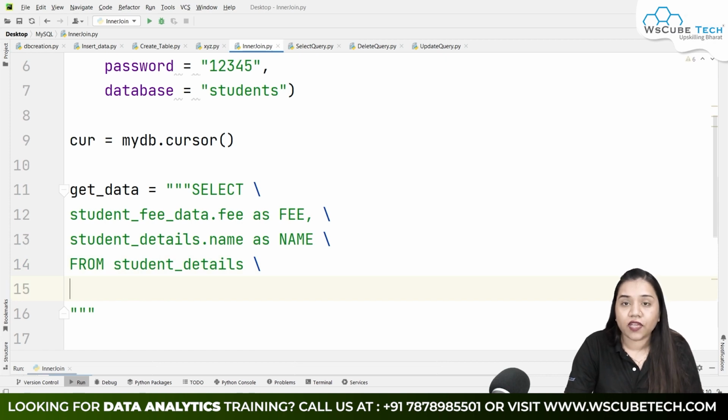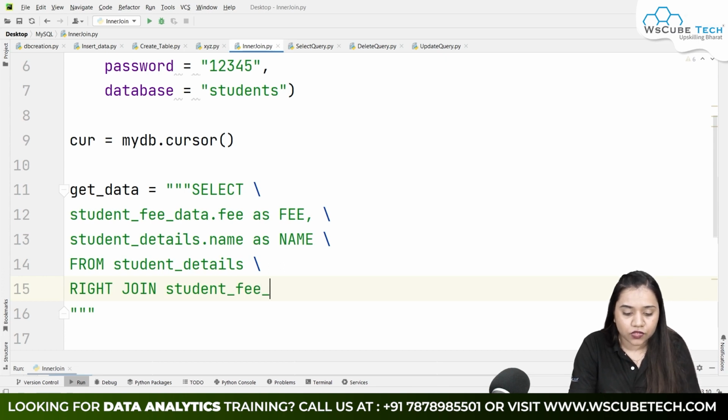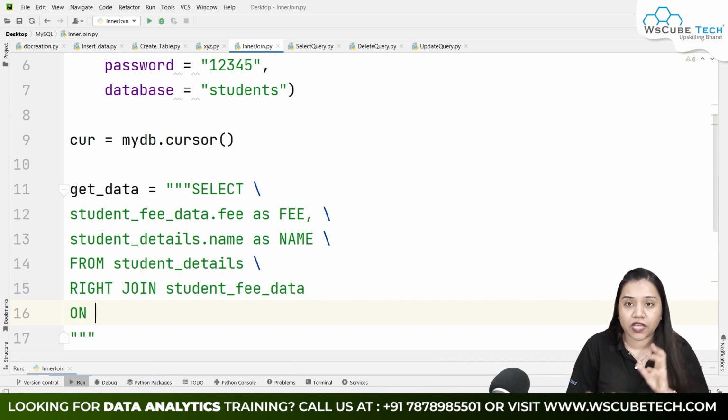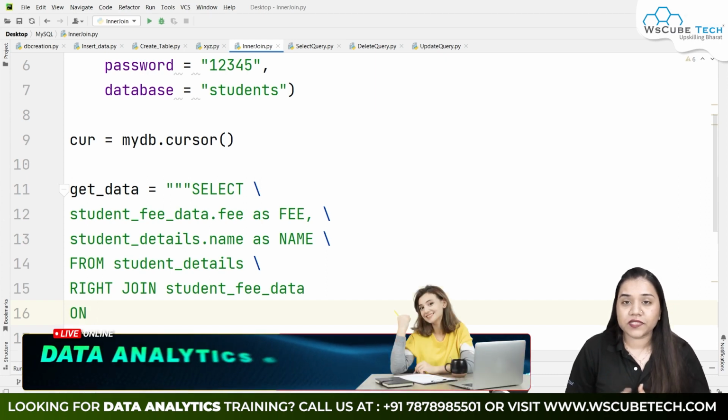Now which join do we have to use over here? We have to use the right join, so we'll be writing right join. Which table do we have to right join? Let's write its name: student fee data. That means on the right hand side we have student fee data. And on what basis do we have to join? Again on the basis of roll number. In both the tables we have roll numbers in common, so the relation would be set up with the roll number.